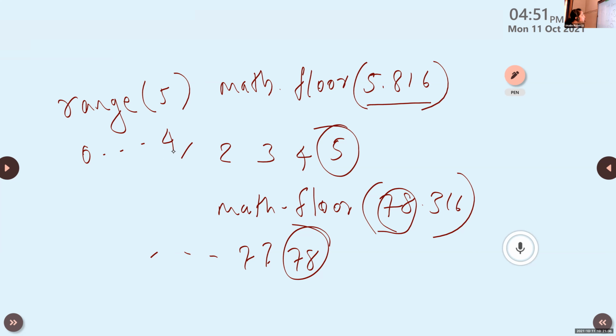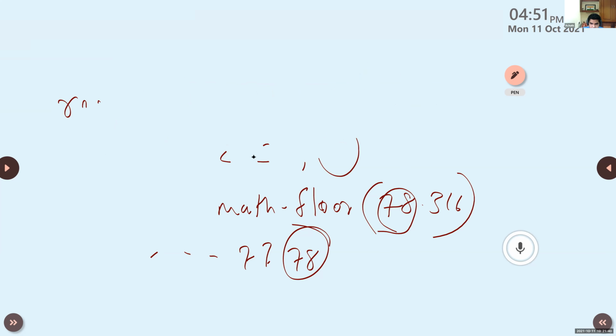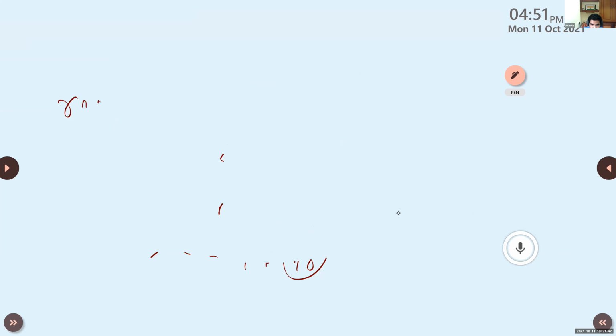One second. Abs. Yeah, ma'am, fabs. Abs is also for finding the absolute value. Okay. Here it's given as fabs. It is the same as abs.